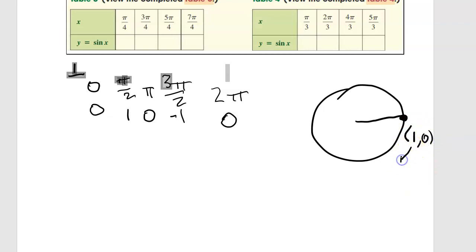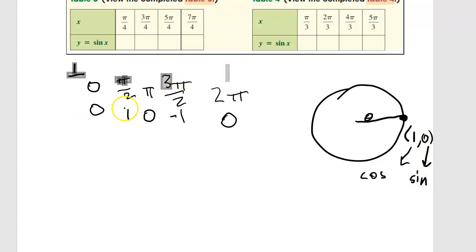And the x was our cosine value, and the y was our sine value. So all I'm doing right now is looking at the theta here on the unit circle and assigning that y value, that sine value of our coordinates